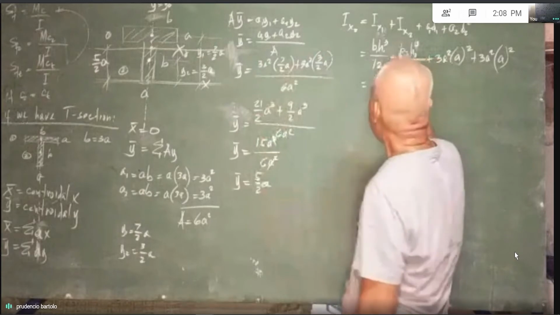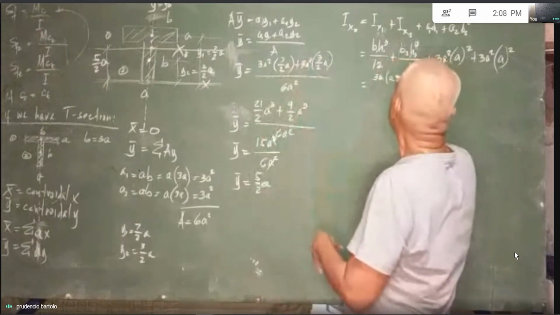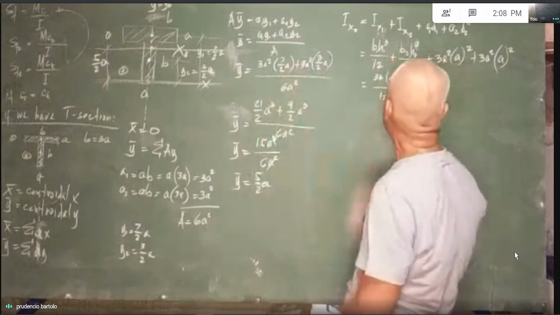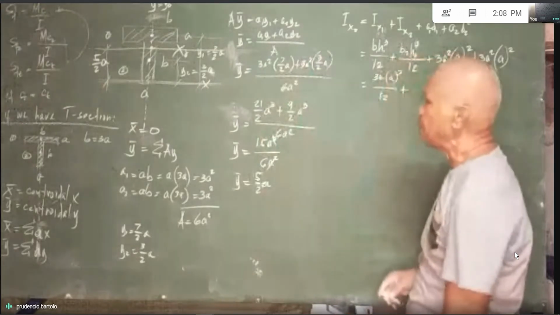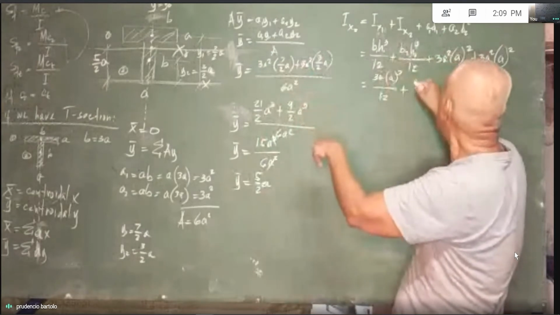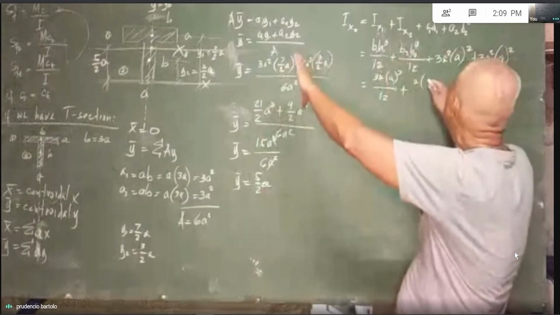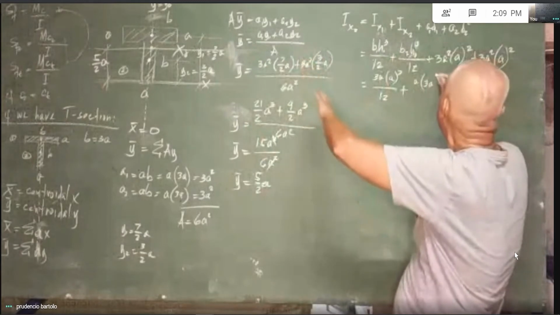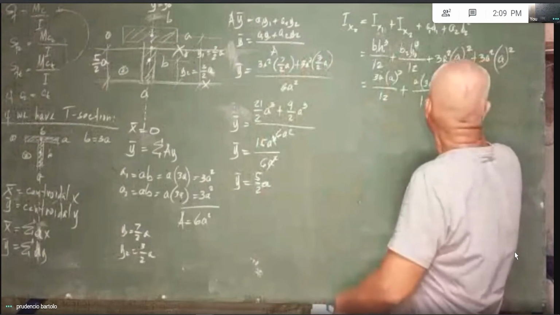And the altitude of figure number 1 is simply a over 12, plus, referring to figure number 2, the base is simply a, multiplied by the altitude, which is b. So that is 3a cubed over 12, plus